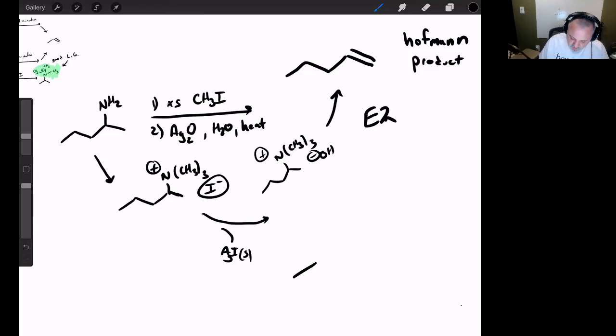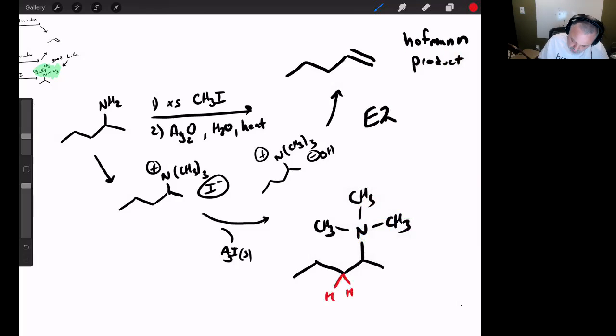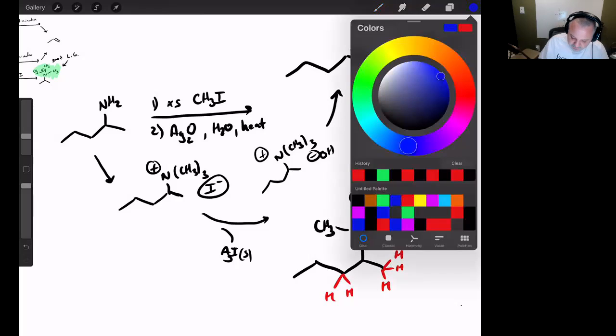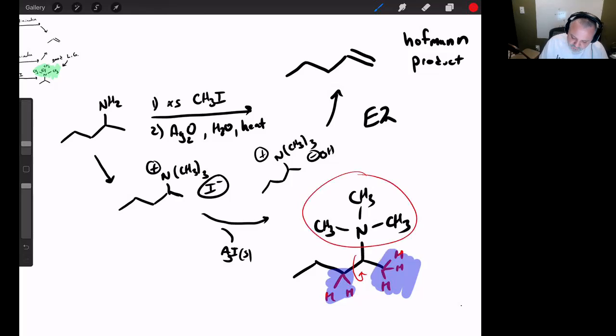And so what's going on here with the Hofmann product? Well, if we take a look, we're going to have two situations. We're going to have a situation where the base can react at this carbon or at this carbon and do proton transfer. Reminding ourselves that there's free rotation around this single bond, we'll see that this group provides a bit of steric hindrance to this location. And so these hydrogens are going to react faster. And so this is Hofmann elimination